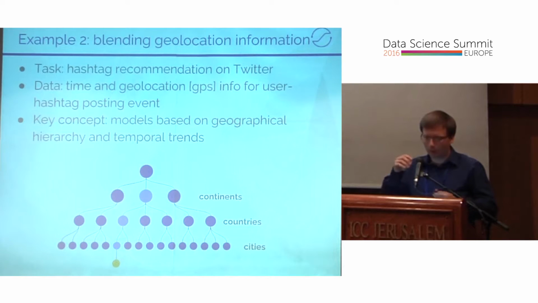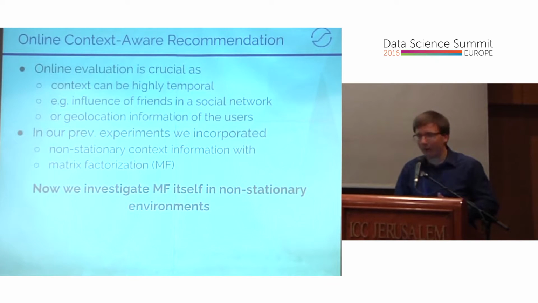So she's now in Hungary, and then in Budapest, and inside of Budapest she is on a given street. And then based on this hierarchical information, over this path, we have checked the popularity of different tweets, and then based on this, we have recommended new hashtags for her. So these were two examples of how to blend context in a temporal setting in the research of recommender systems.